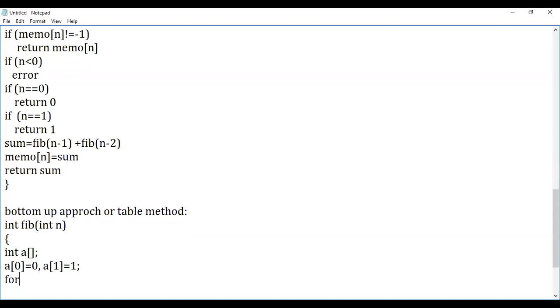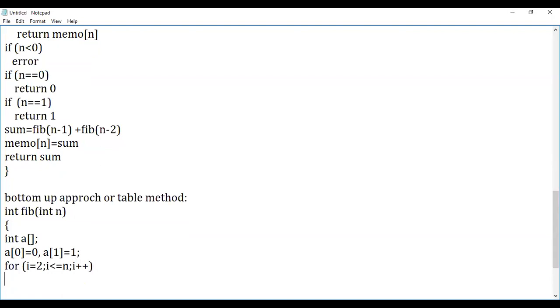The remaining elements will start with a loop of i assigned 2 and i less than or equal to n, followed by i plus plus. Followed by it, we'll have array of i equals array of i minus 1 plus array of i minus 2.